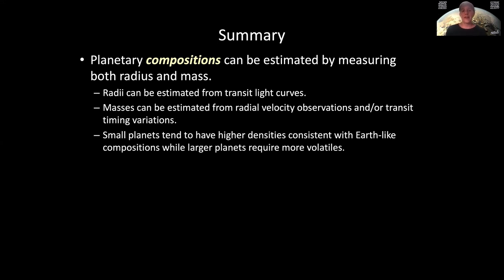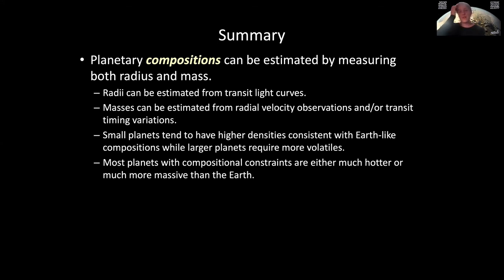We also learned that if we look at the overall distribution of planet compositions known today, small planets tend to have higher densities that are consistent with Earth-like compositions, whereas larger planets require more volatiles like water, hydrogen, and helium. We also know now that most planets with compositional constraints are really unlike the Earth. They're either a lot hotter or a lot more massive, and in many cases, they're both hotter and more massive than the Earth is. So we still have work to do in order to measure the masses of smaller and